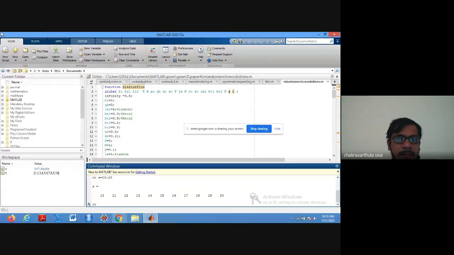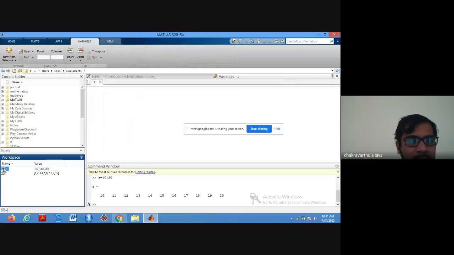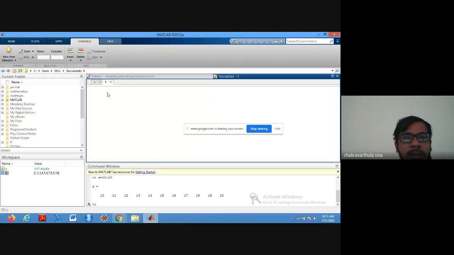Like see in the MATLAB itself, I'm just opening this Excel sheet that is already generated in the MATLAB. So I'm just opening it. Once it opens, now I open this data also. So now here we have the values, right?